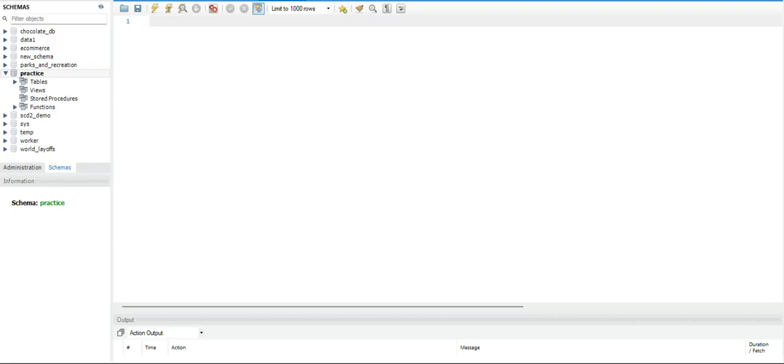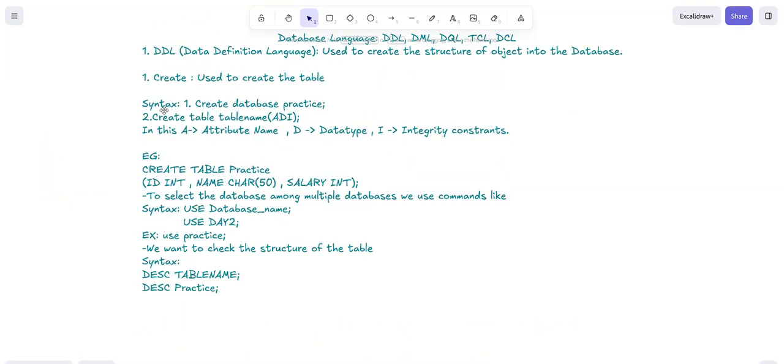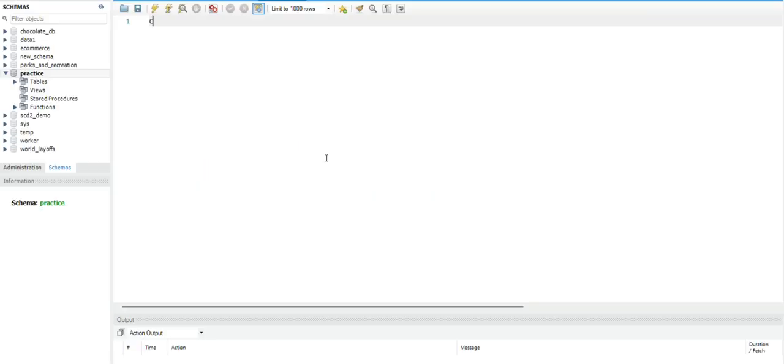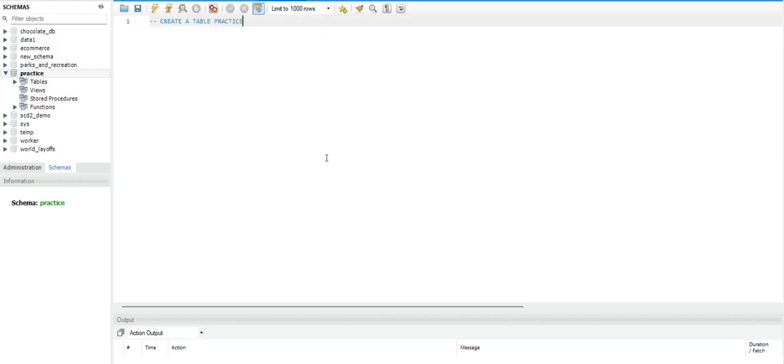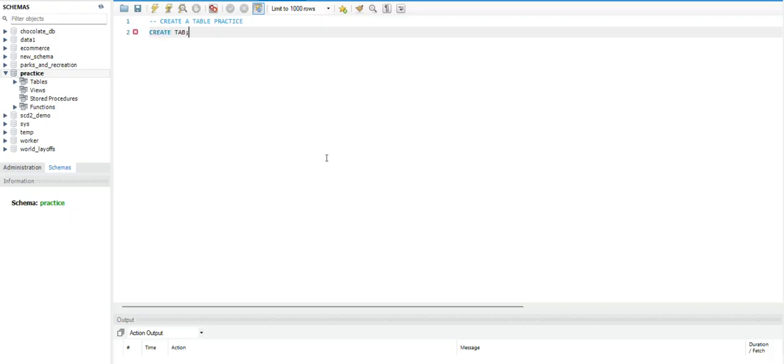ओके, तो हमने अभी तक जो कुछ भी सीखा है, ओके, व्हाट फॉर द क्रिएशन ऑफ टेबल, ओके, तो हमें क्रिएट टेबल करना है, फॉर एग्जांपल, ओके, और द मेन बात जो है इसमें याद रखनी है कि ये हम कुछ भी यूज कर सकते हैं, ओके, अपर केस, लोअर केस, ओके, इट्स अप टू यू, ओके, but either use it in upper case only, or in the lower case only, because as per the job standards, industry needs में जो ईजीली दिखने के लिए कोड कैसा लिखा है हम यूज करते हैं। ओके, फॉर एग्जांपल, फॉर द क्रिएशन ऑफ अ टेबल, ओके, क्रिएट अ टेबल, ओके, हमें टेबल करना है, क्रिएट टेबल प्रैक्टिस नाम का, ओके, सो क्रिएट टेबल